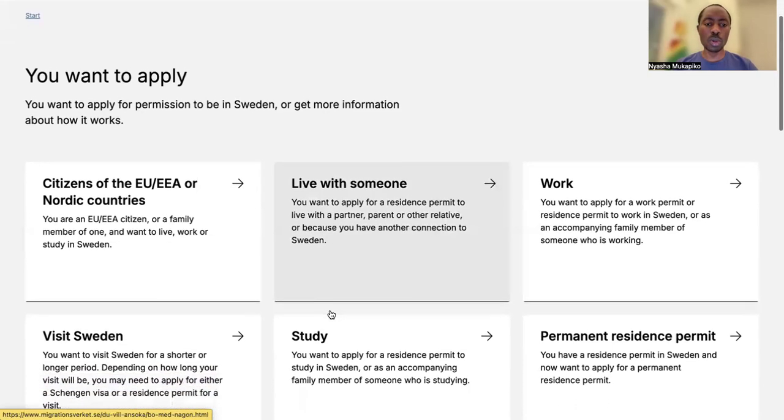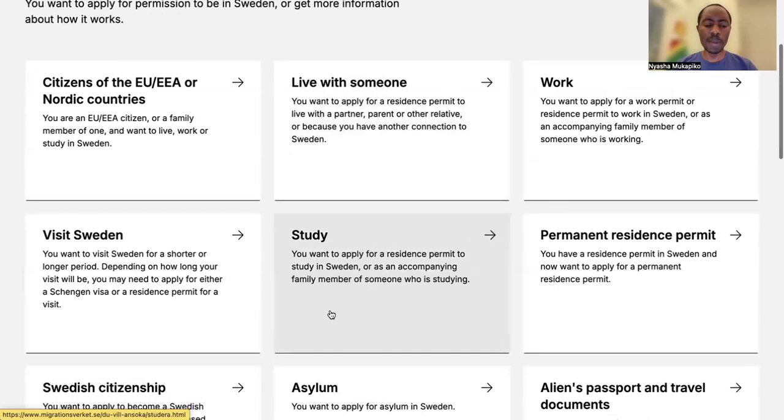So you scroll down and here where it is written start, you want to apply for a residence permit to study in Sweden or as an accompanying family member of someone who is studying in Sweden. So you simply click here.